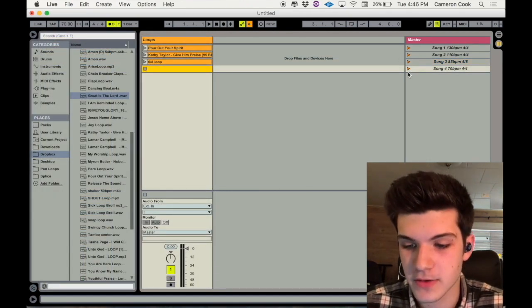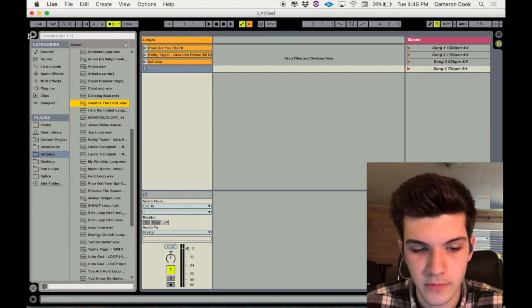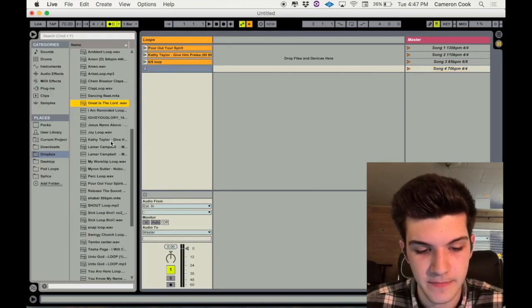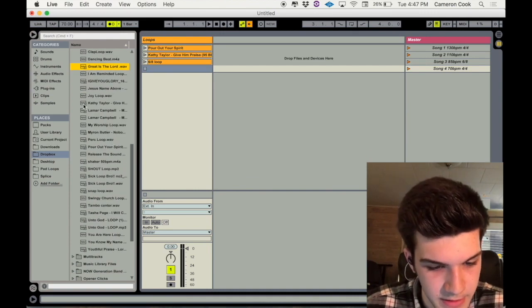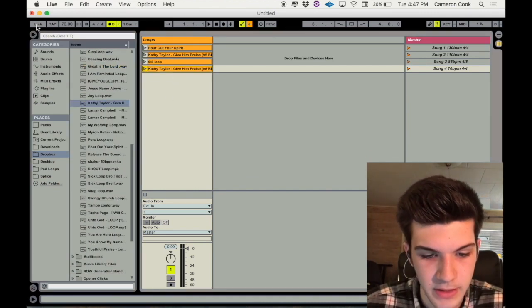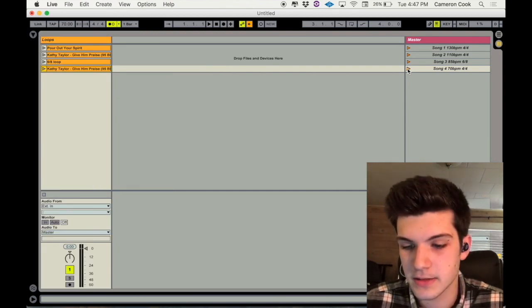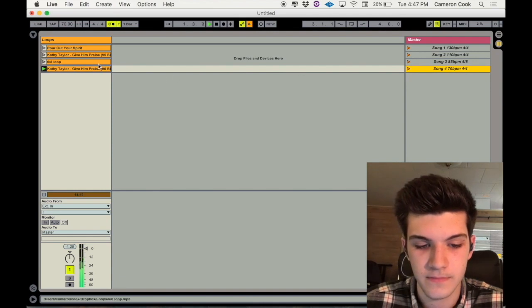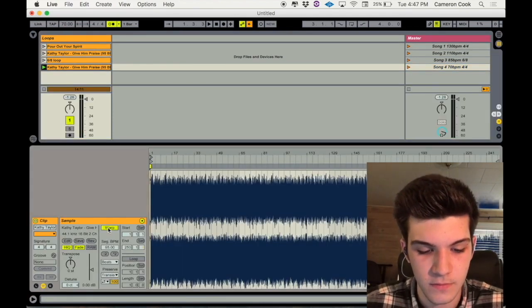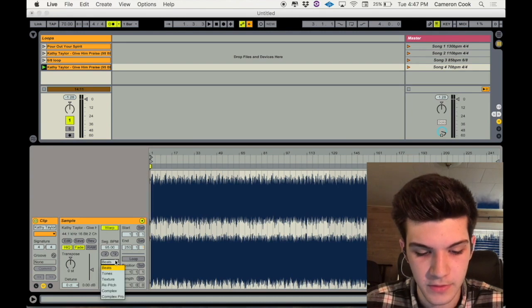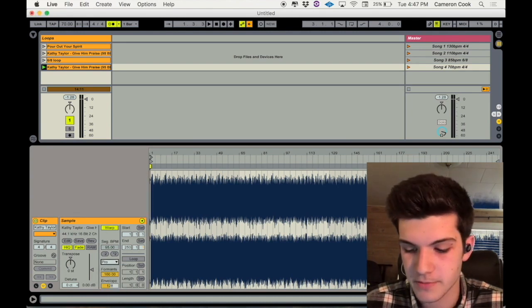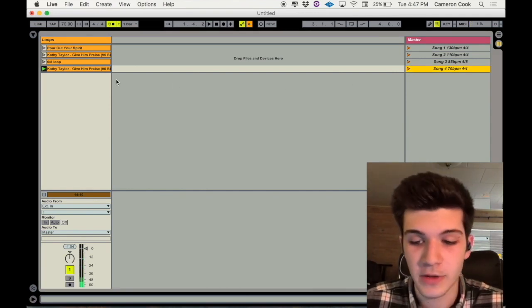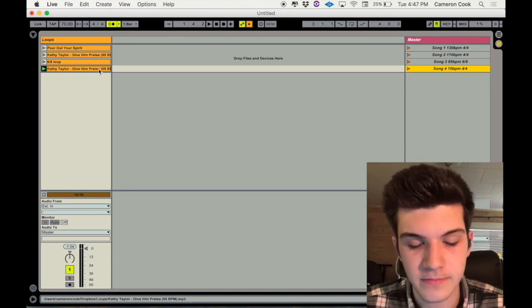Okay, so finally we're going to bring in song 4, and we're going to hit the scene launch first to make sure our tempo changes to that, and then we'll bring in one of the same loops we already did, and by clicking the scene launch, it should warp automatically. So we'll click it, so you can hear that it sounds kind of warpy and weird. So you can go in and go to Complex Pro, and it makes it sound a little better. I wouldn't normally bring that loop down that low, but